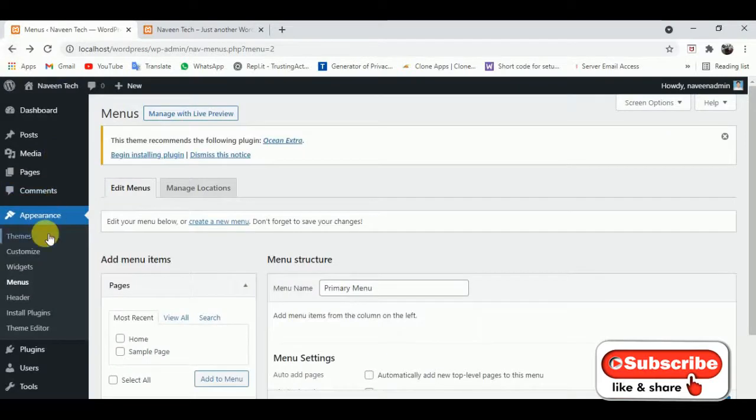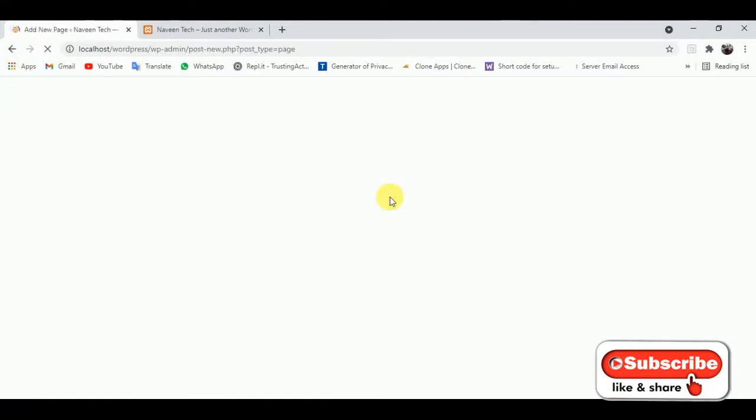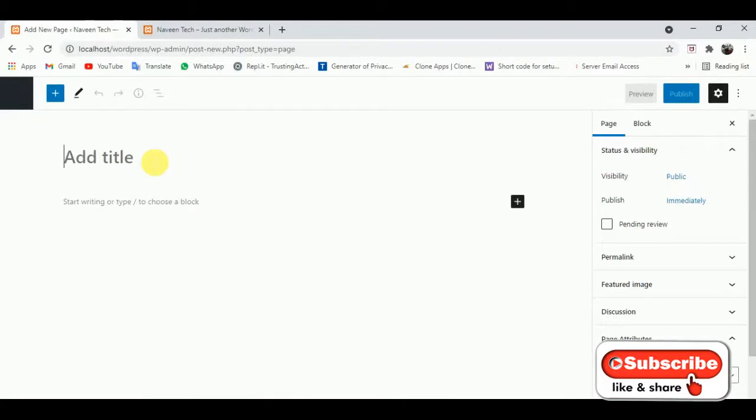Okay, alright, now I will again create another page. I will go inside the pages and click on add new. Alright, so basically inside this add title I will create some long menu name, and then I will show you how you can convert this long page title name into a short menu name. Just see.